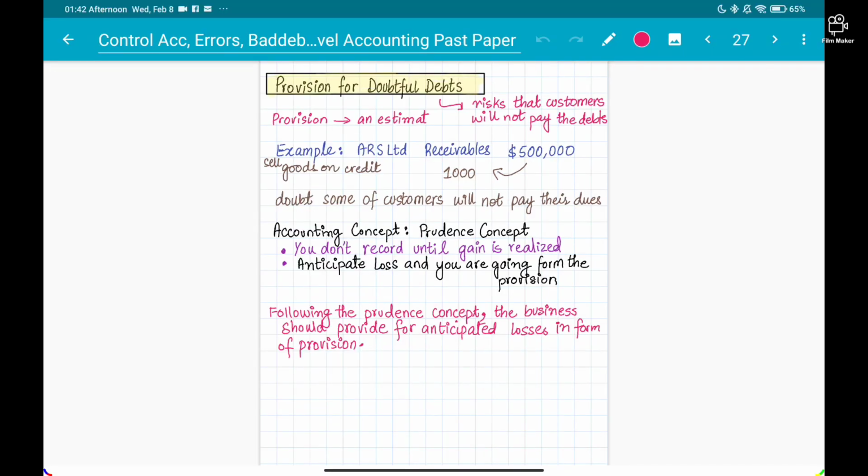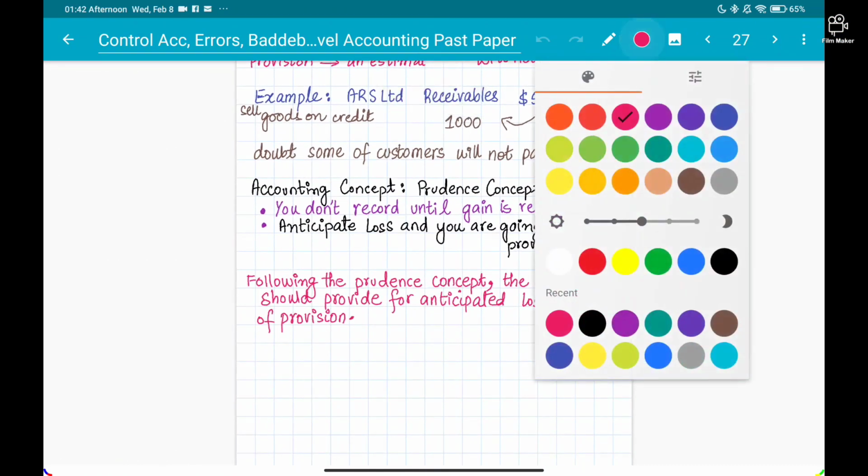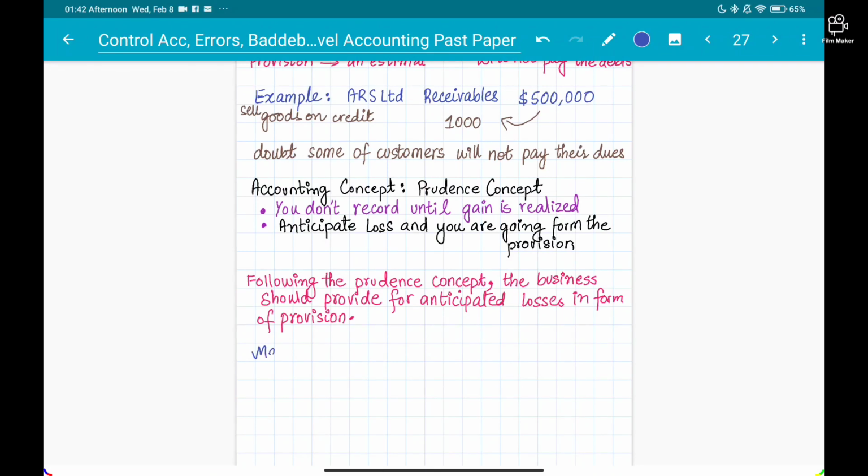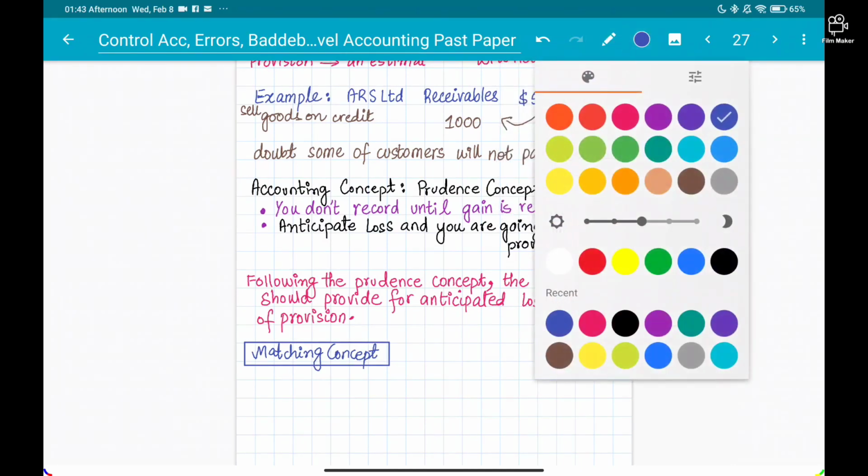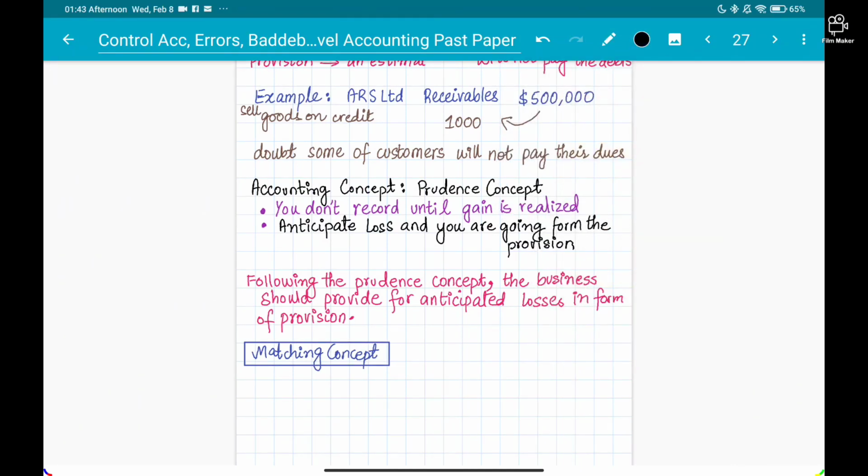Another concept that you can attribute to the provision for doubtful debts is the matching concept as well. The matching concept can also be written if the examiner asks which concept can be applied. So you can write both, the prudence concept, and you can mention the matching concept as well. The matching concept basically states that every expense should be matched with its revenue in the current financial